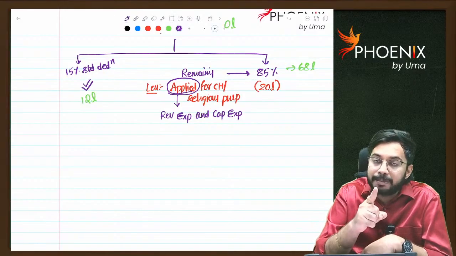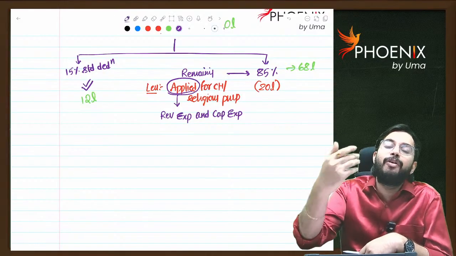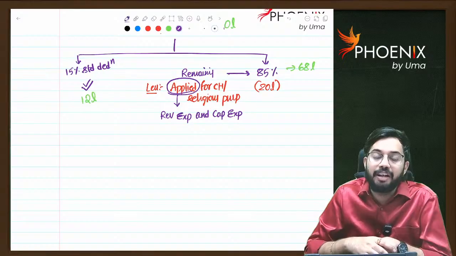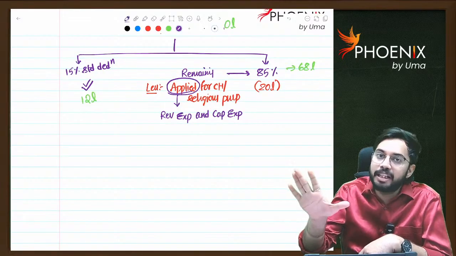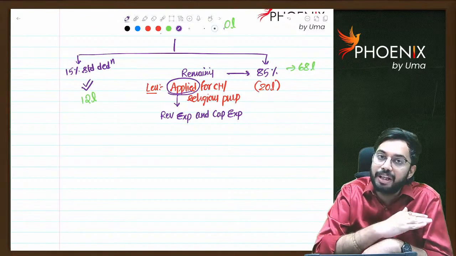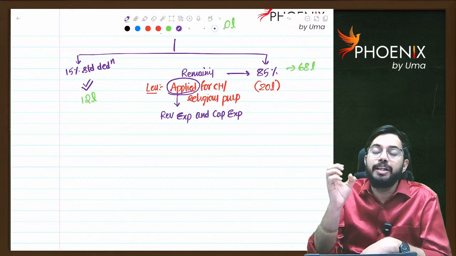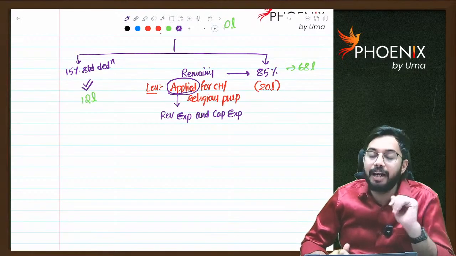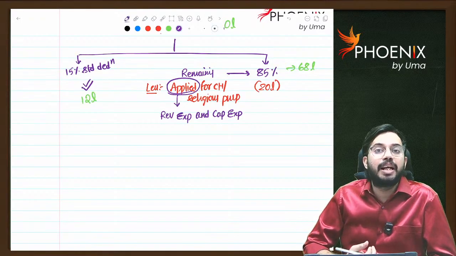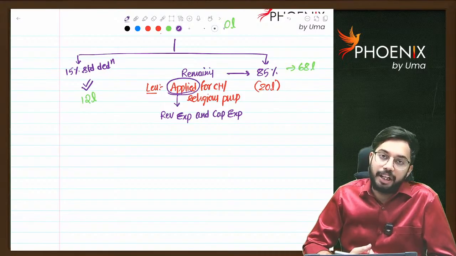It is capital expenditure, na. Still total 4 lakhs will be allowed as deduction, because whatever the amount that I spent for charitable or religious purpose is there, whether it is revenue expenditure or capital expenditure, total expenditure will be treated as applied. Are you able to understand? So both revenue expenditure and capital expenditure will be allowed as deduction.